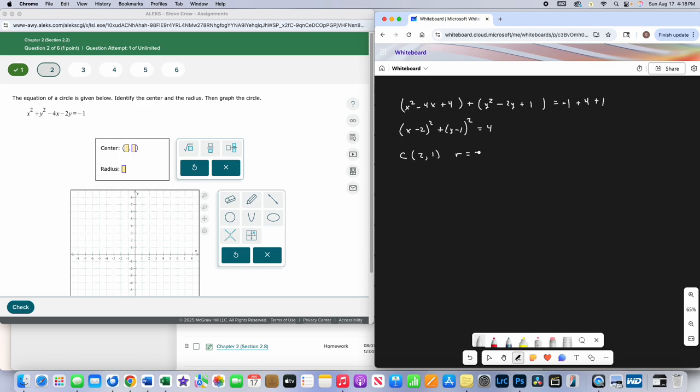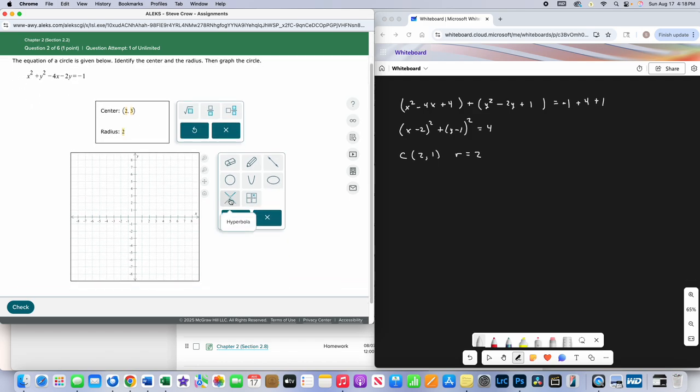And so the radius is 2. Alright, so let's fill all that out. So the center is at 2, 1, and the radius is 2. And so to do our circle, now one thing I do want to show you, well, I'll show you after this one. So we're going to place the center at 2,